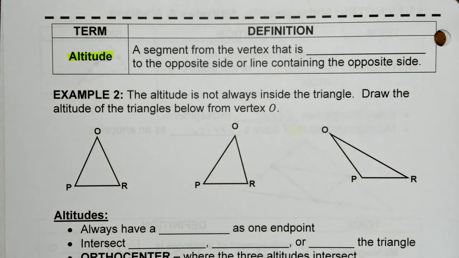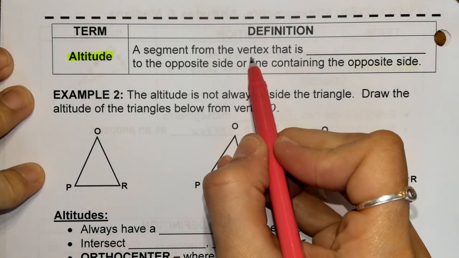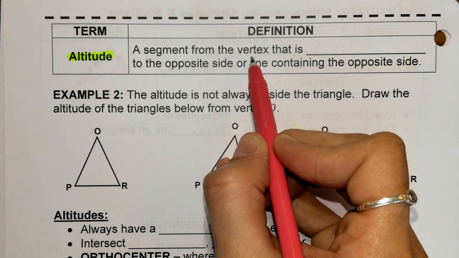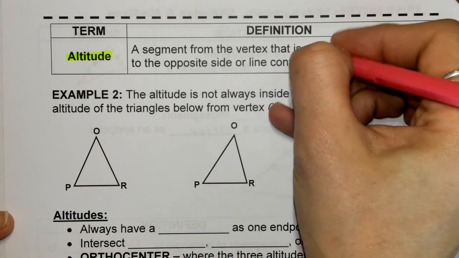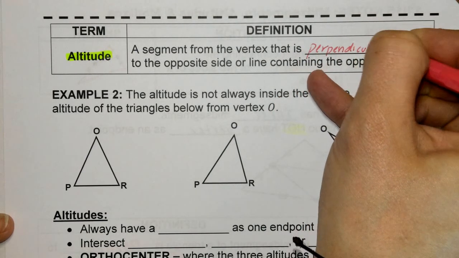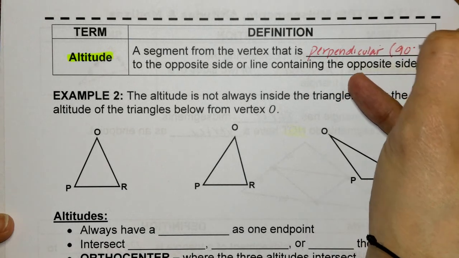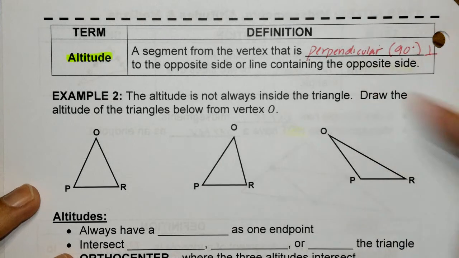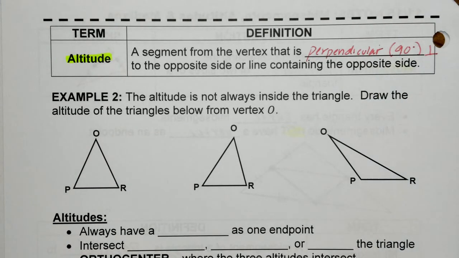Okay? So with altitude, the big thing we need to remember here is that this is going to be a segment that's going to come from a vertex. That's why we said the midsegment does not come from a vertex. This one does come from a vertex, always. That is perpendicular. Okay, we need to remember perpendicular is that 90 degrees. We have a hard time remembering that. Okay, it's perpendicular. It's that upside down T symbol. It's going to be perpendicular to the opposite side or line, we'll discuss that in a minute, containing the opposite